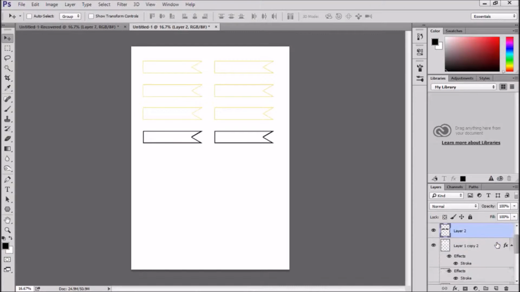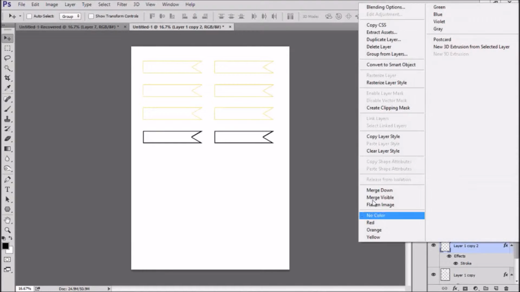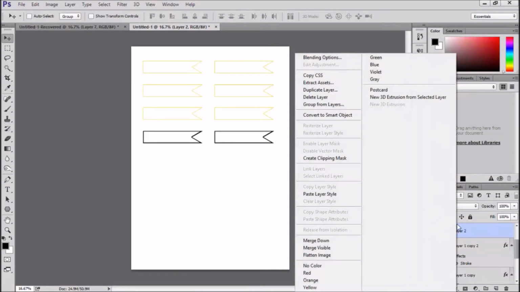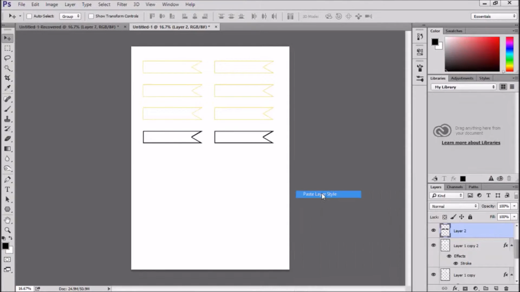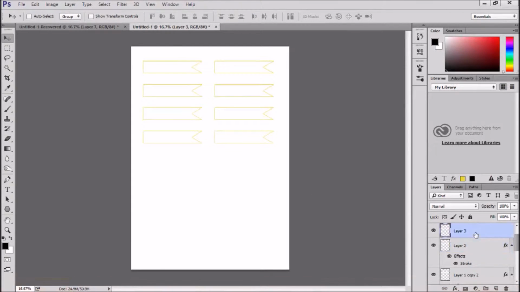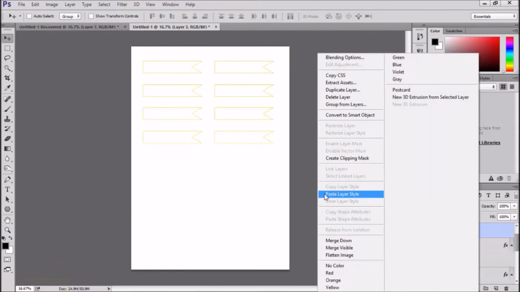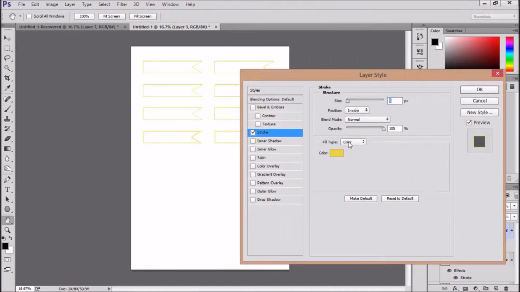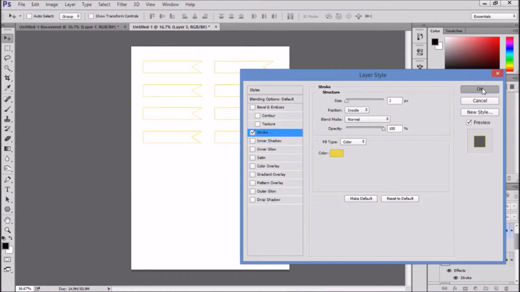And now I'm going to the previous layer, choosing copy layer style, and then I'm going to paste this layer style onto my bottom banner, and then Control I to remove the black. And I'm pasting this style as well on the inside banner, but I'm going to change the stroke to 2